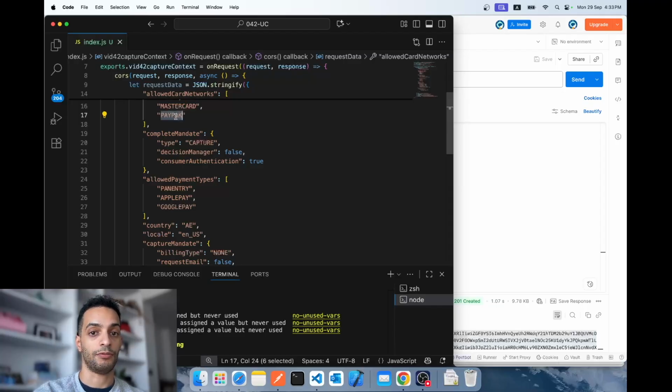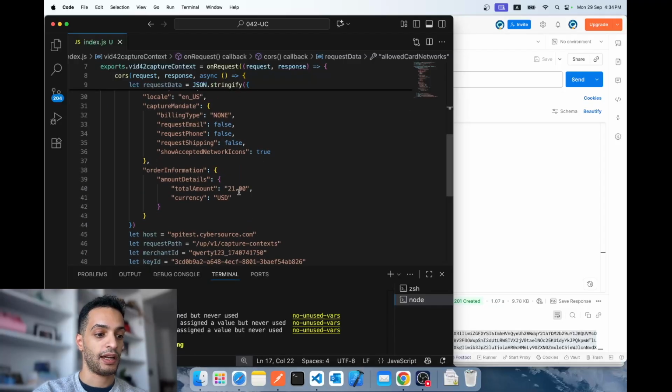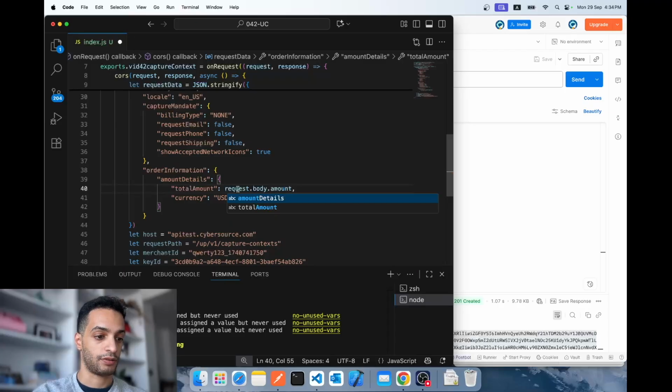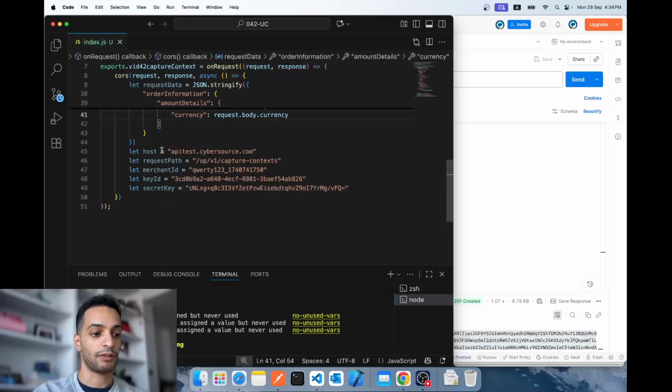I want to show you what that looked like on the page. And my amount and currency, I'm going to get that from my client side instead of hard coding it. So request, body, amount, and currency. This is my request credentials. I need the domain name, my URL path for the API, merchant ID, also known as the organization ID, key